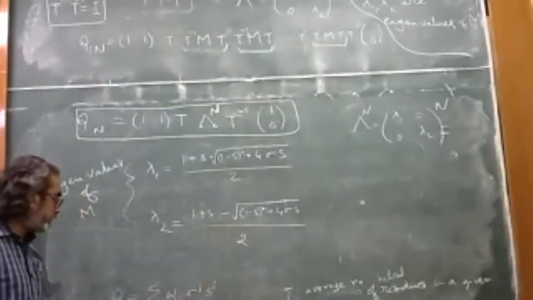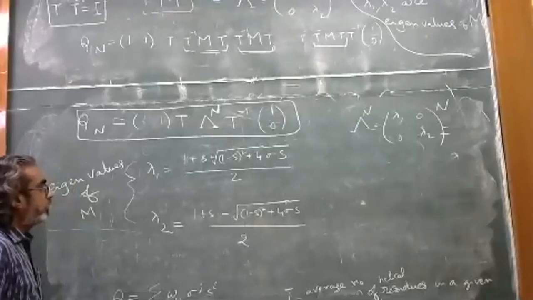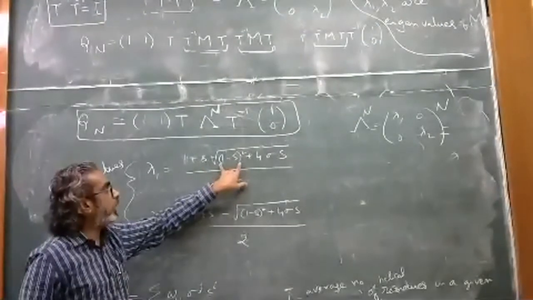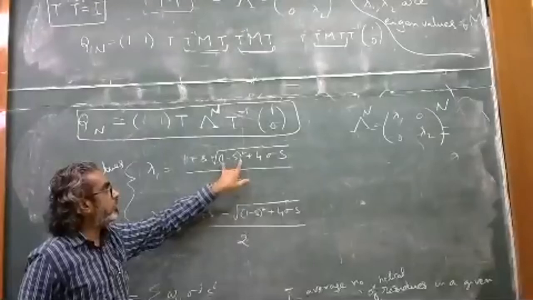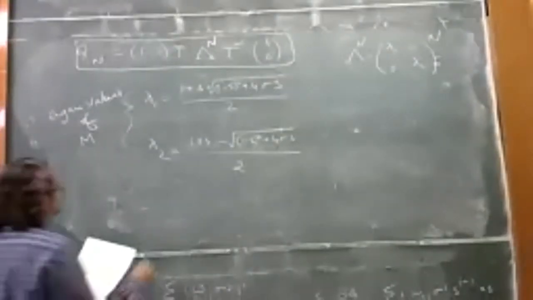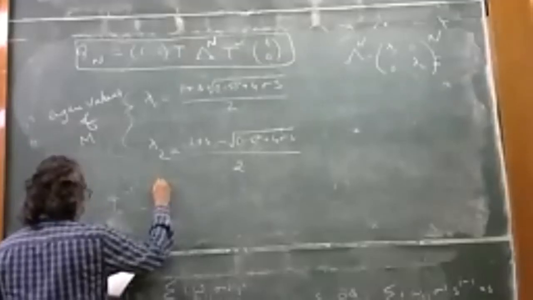Sir, for lambda 1 and 2, what is the sign in the root part? Same. 1 minus s whole square plus 4 sigma s. Okay, so we can again find out T as well. T inverse. So T inverse will give you